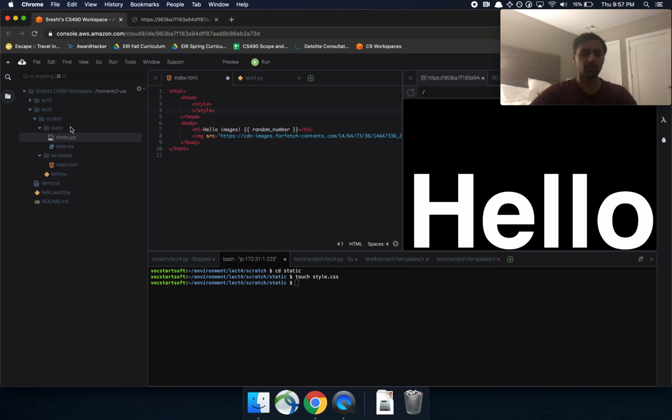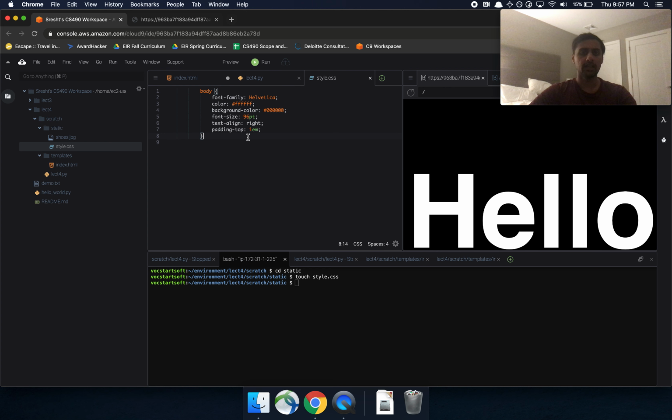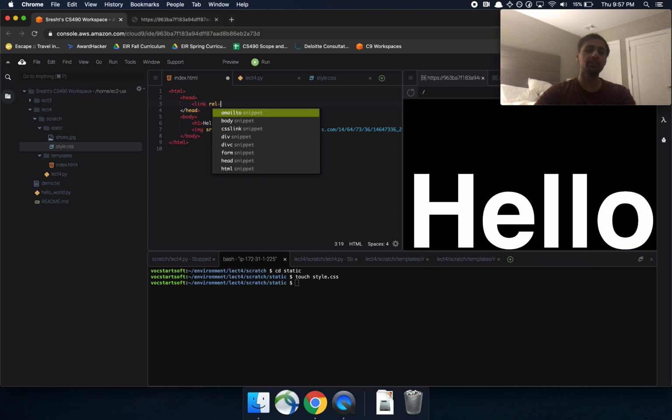I'm just going to take all of this and put it into style.css. And I'm going to clean this up a little bit. Perfect. Now we go back into our style sheet. We can get rid of our styles in our HTML, because we're not doing styles inline, but we're going to link